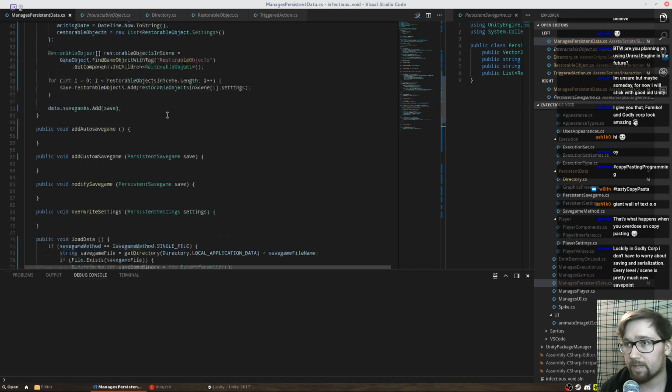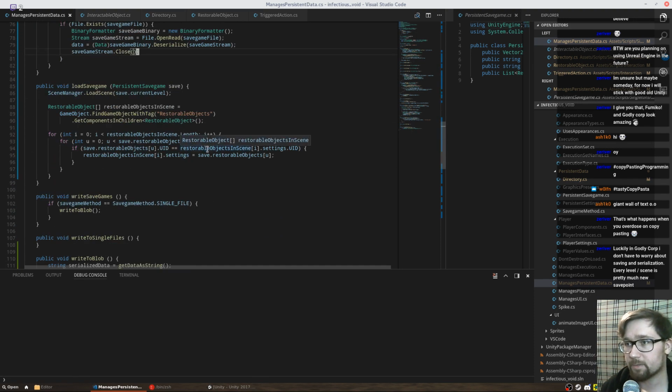and the save game contains a list of restorable object settings, and if we are using this to set the settings of an existing object to the ones in the save game, it won't create a new object, it will be the same one on each side. And if we are going to change the settings later, it will automatically change in the save game. And then we might make changes to our existing save games that we actually didn't want to make. And for that I need to